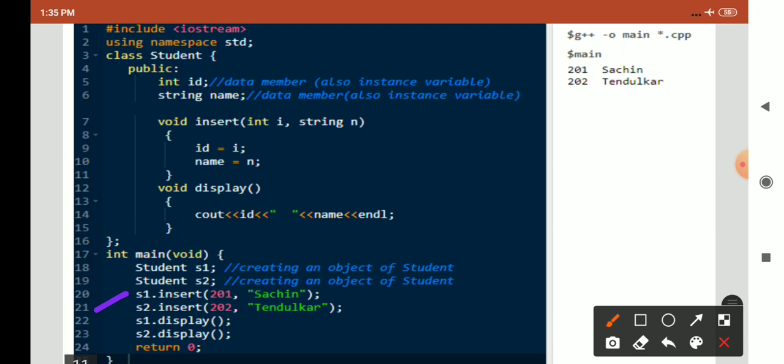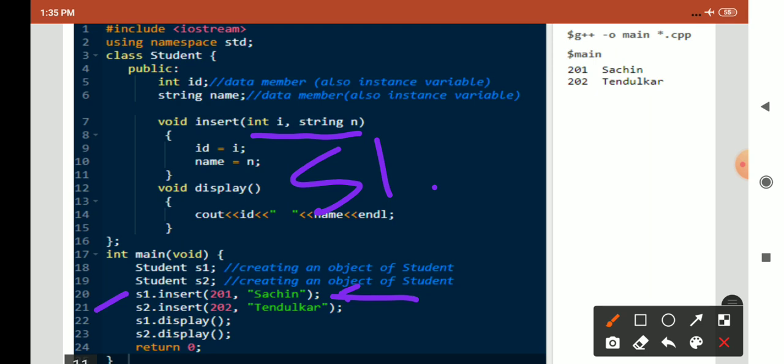Okay, so I write s1.insert, and here we pass two parameters. So here you have to give two values while calling the function.